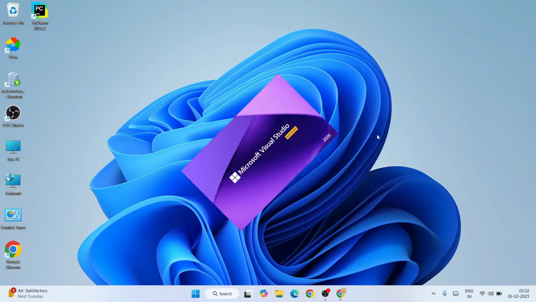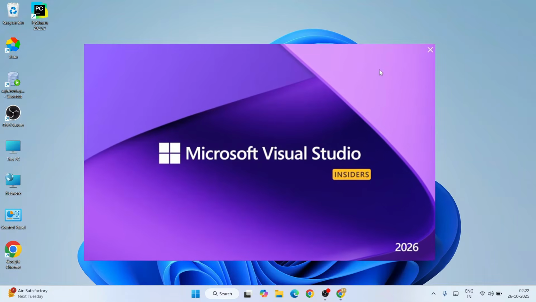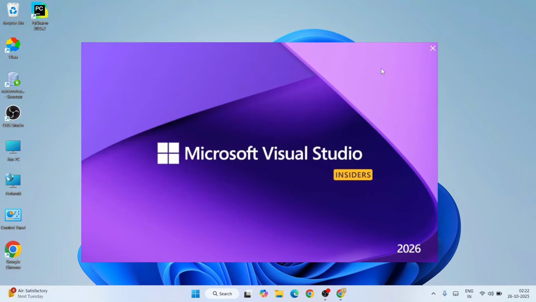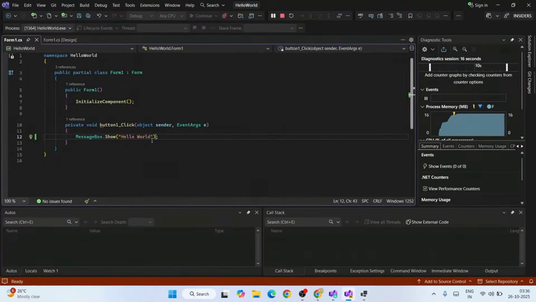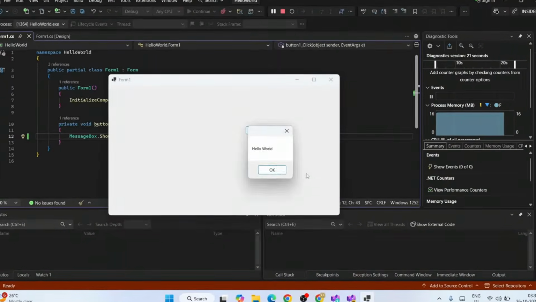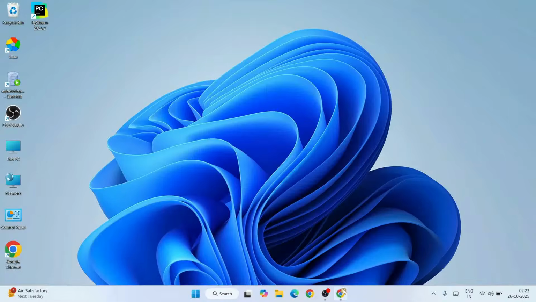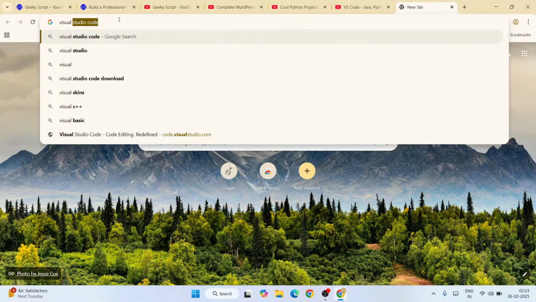Today I am going to show you how to install the latest version of Visual Studio, that is Visual Studio Insider version 2026, on a Windows operating system. And after that I am also going to show you how to use this latest version of Visual Studio for creating .NET projects. So first you need to go to your favorite browser and type over here